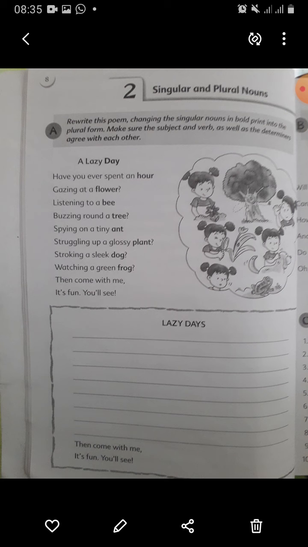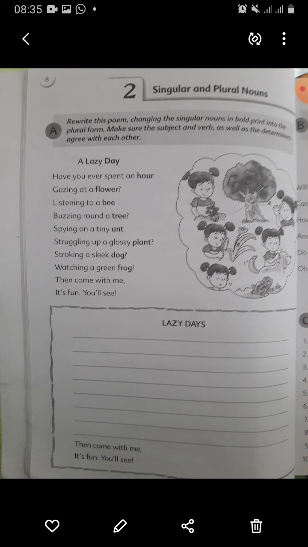Have you ever spent an hour gazing at a flower, listening to a bee buzzing round a tree, spying on a tiny ant, struggling up a glossy plant, stroking a sleek dog, watching a green frog? Then come with me, it's fun, you will see.